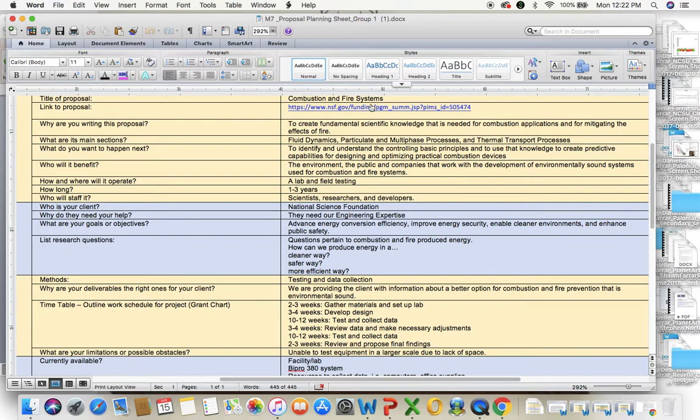It's the NSF, but just like in the Canvas message I sent, you don't want your client to be the same as the NSF. The NSF does not need help. The NSF is a governmental organization, the people with the money who don't need any help. So they're the ones who are like, we're going to help you by giving you money. And then you as the grant proposal writers are saying, we want money. Will you give it to us?